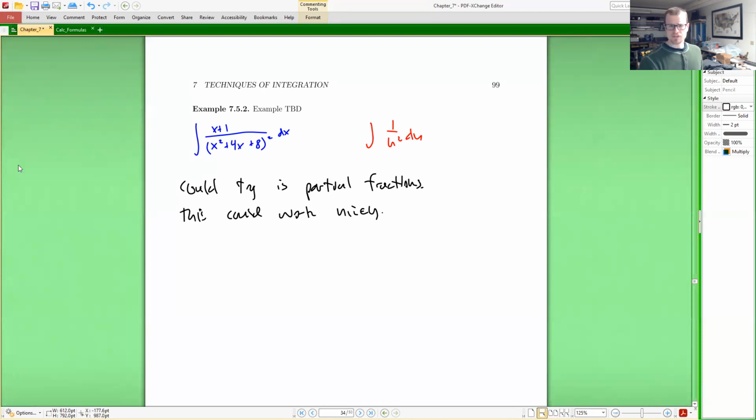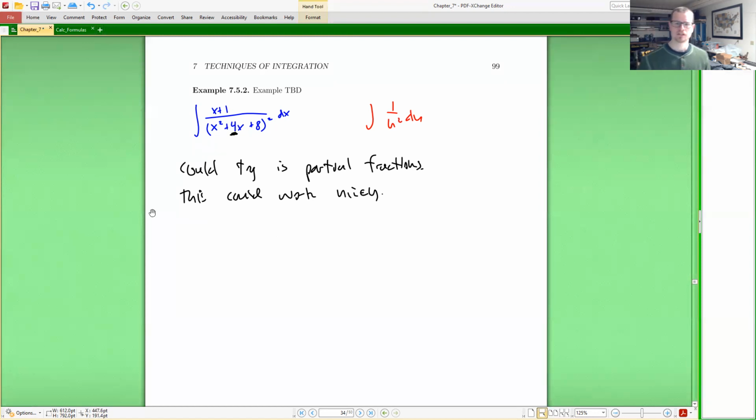But I'm focusing on this quadratic, right? This quadratic is what really stands out to me. So what stands out to me about this quadratic? Well, what stands out to me is its form of x squared plus 4x, this number being a nice even number. So what I can do is I can recognize, I can notice